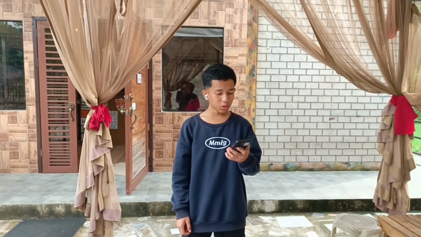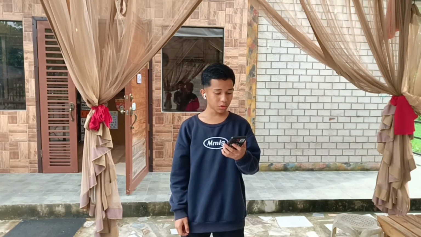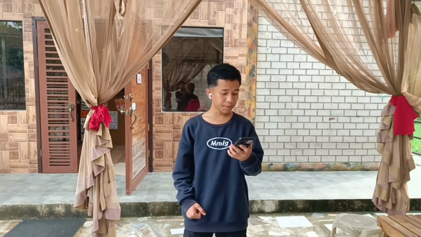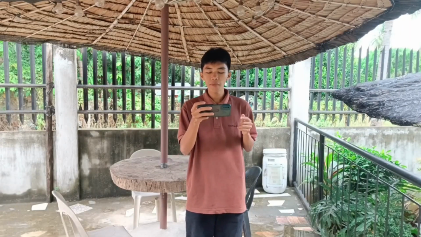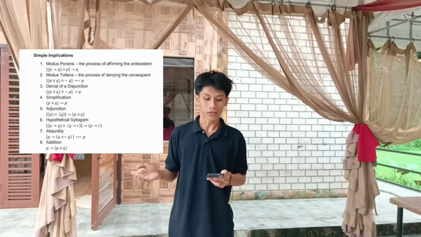There are common tautologies that are very useful and often used. The proofs for these tautologies will be left as students' exercise. These tautologies are classified as simple implications and equivalence implications, and each form has 8 types. These are the simple implications: